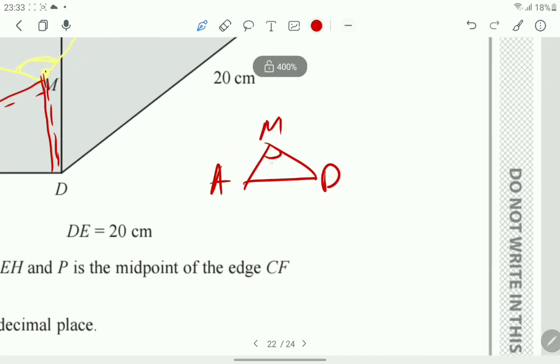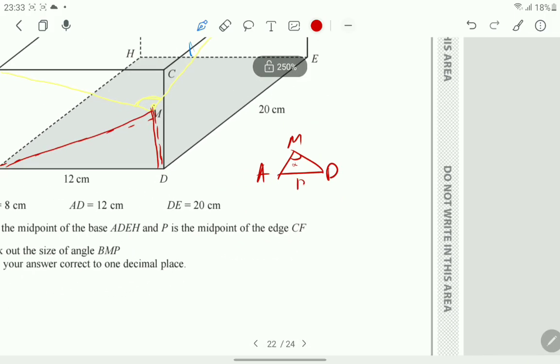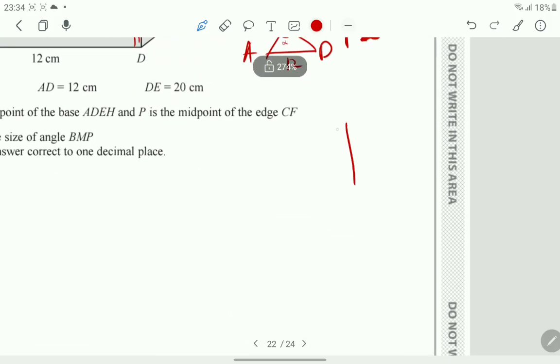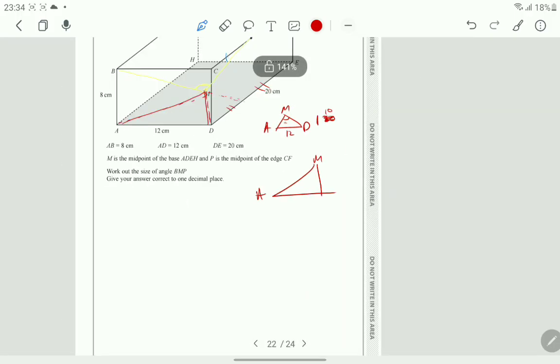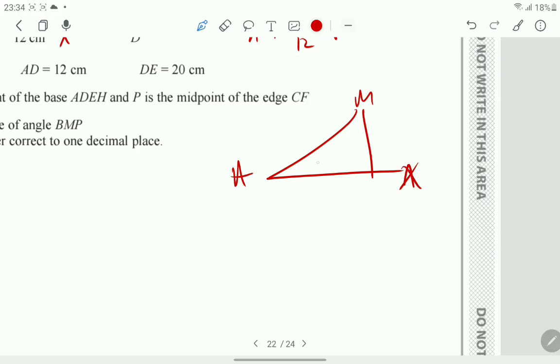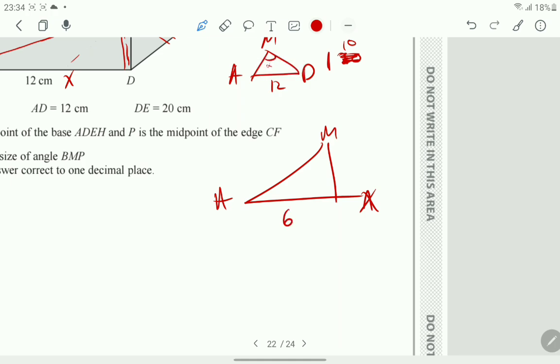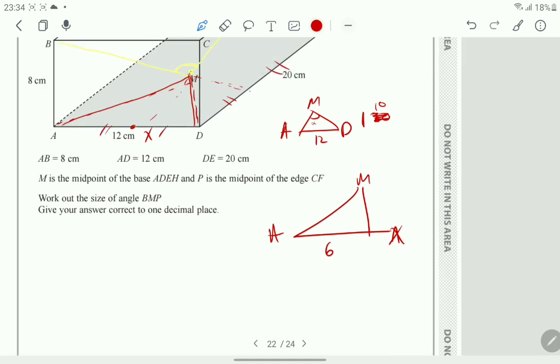The angle of this is alpha. It's not relevant right now, and we have this as 12 centimeters, but we do know that the height of this is equal to 20 centimeters, because if we cut it in half, sorry, it's not 20 centimeters, it's 10 centimeters, because if we cut it in half, this is also equally divided. So now imagine a triangle, where MA, and if we cut it in half we get X. So MAX is a triangle,